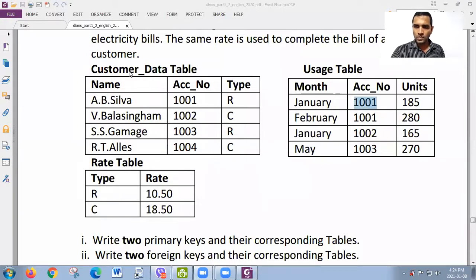What is the composite key? Month and account number. Look, if you combine month and account, I have explained the method of finding the composite key many times. So if you combine month and account number together, then you can find the uniqueness, because look here, January 1001